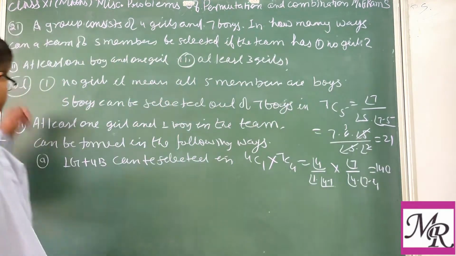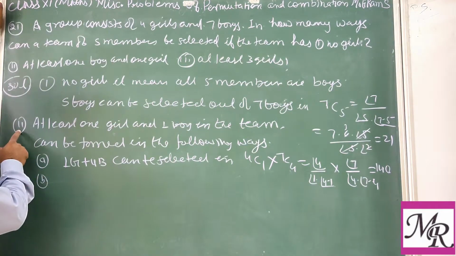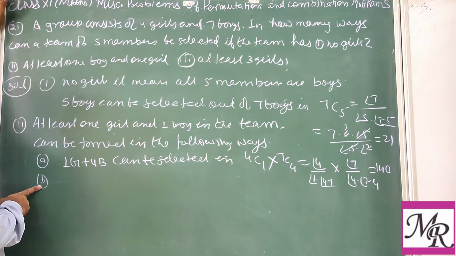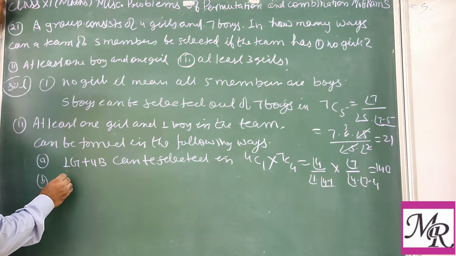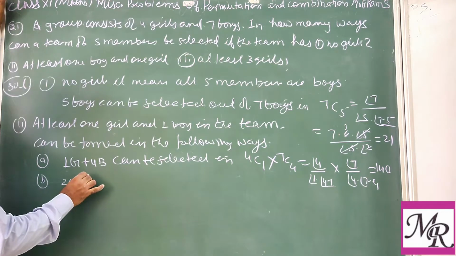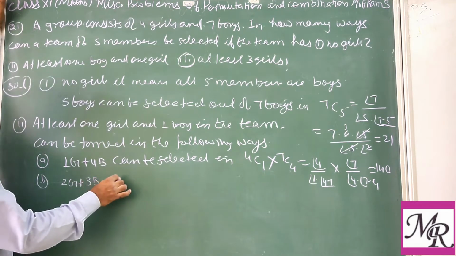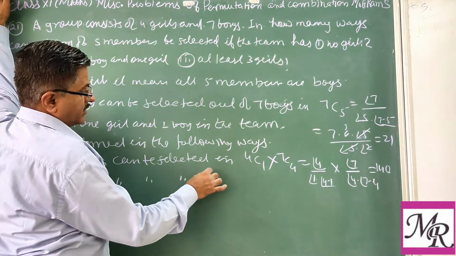Now the second case of this part, the second sub case. Here we took 1 girl before; now 2 girls and the remaining boys, that is 3, can be selected in